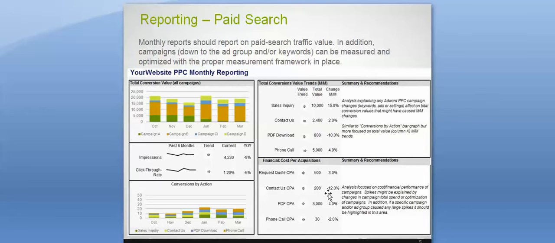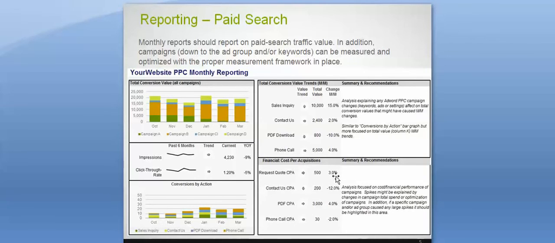And the financial cost per acquisition, that's the bottom line. That's basically how many actions or acquisition goals divided by the cost for that month that you spent on your pay-per-click campaign. So again, it's important to be moving these in the upward direction and seeing positive month over month